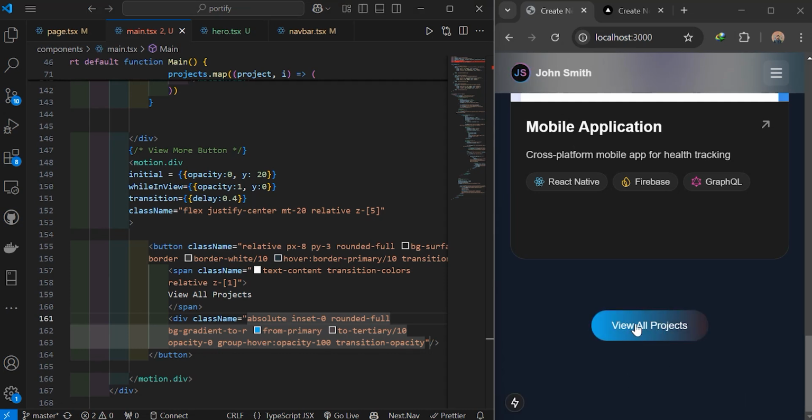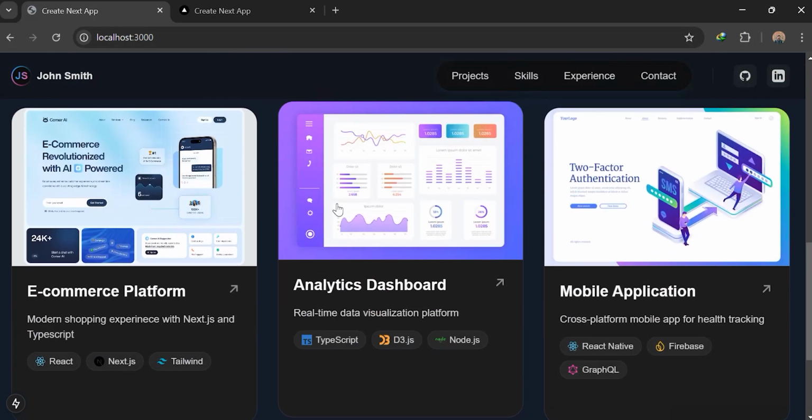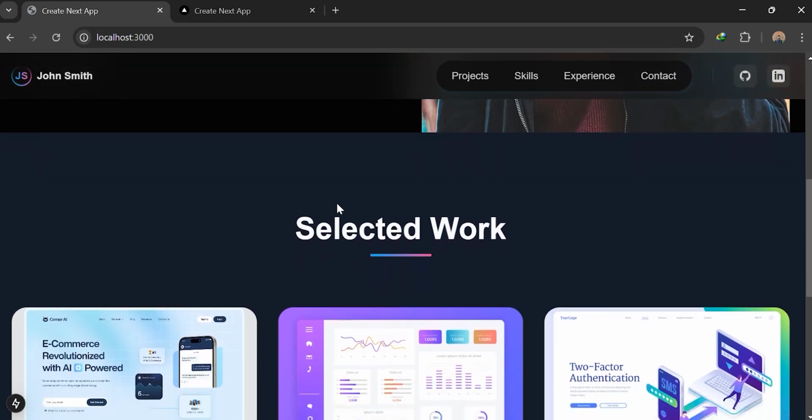And also you can see here the primary color does not look good. So here specify primary with opacity of 10%. And now hover on it. Now it looks good. Now let's make the screen larger to desktop, and we can see our beautiful main content